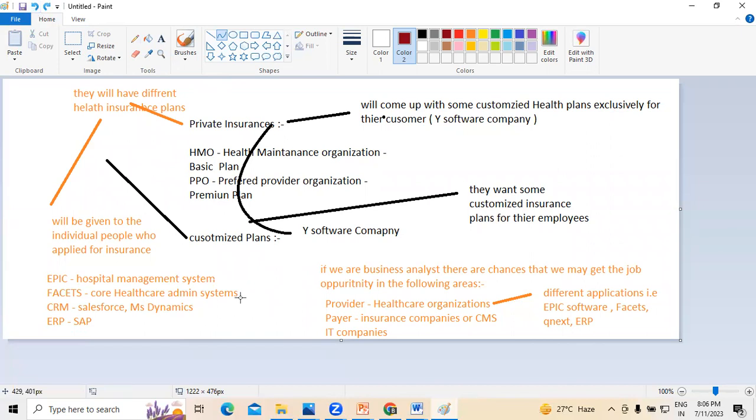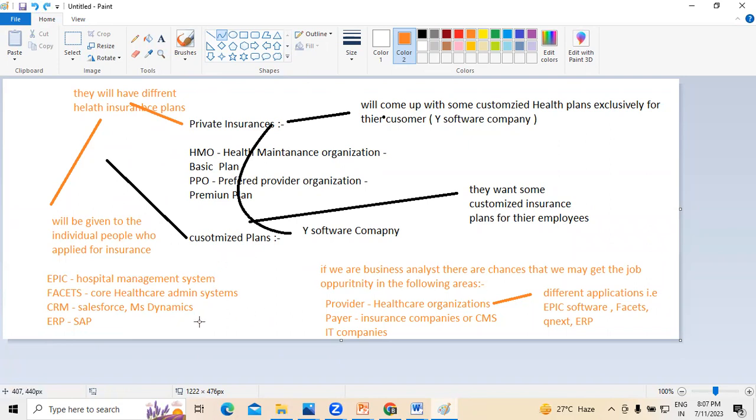Yeah. So they want to integrate Epic with CRM, right? For example, Epic software is there. For what reason is Epic being used? Epic is a hospital management system they were using. So when they are using a hospital management system such as Epic, when we see this Epic hospital management system,